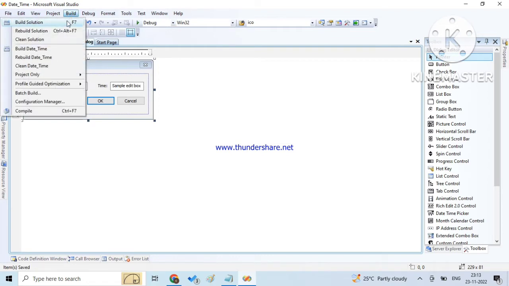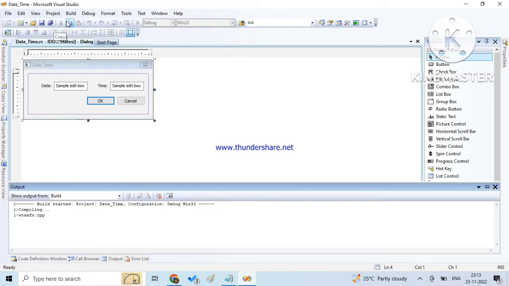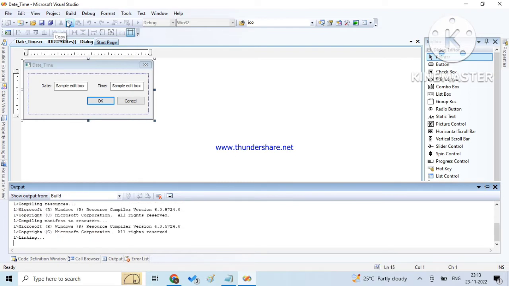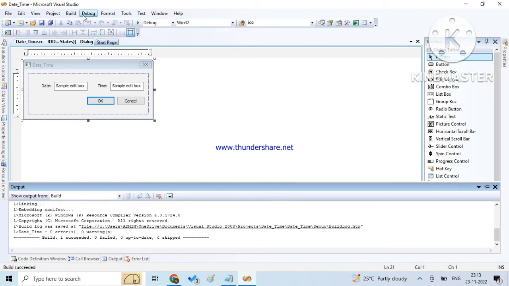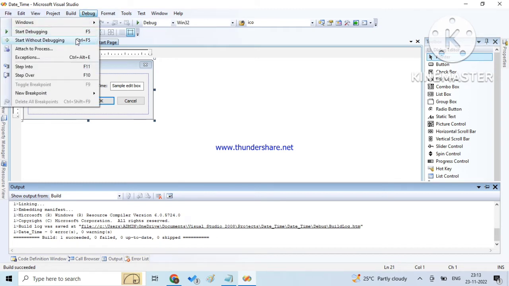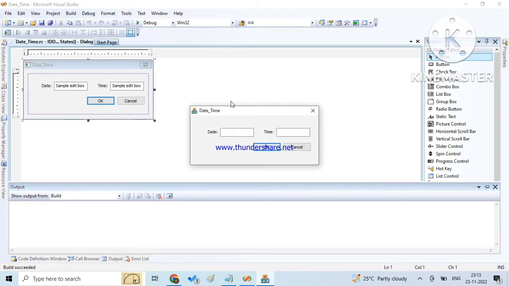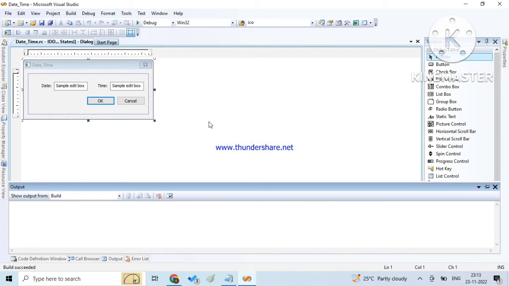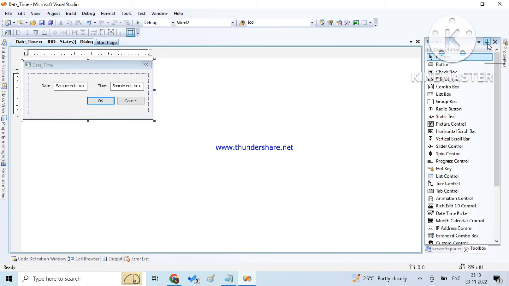Save it, build and run, so I'm going to see how it looks. Okay, build succeeded and debug. Okay, edit controls are working fine. So the next step I'm going to do is